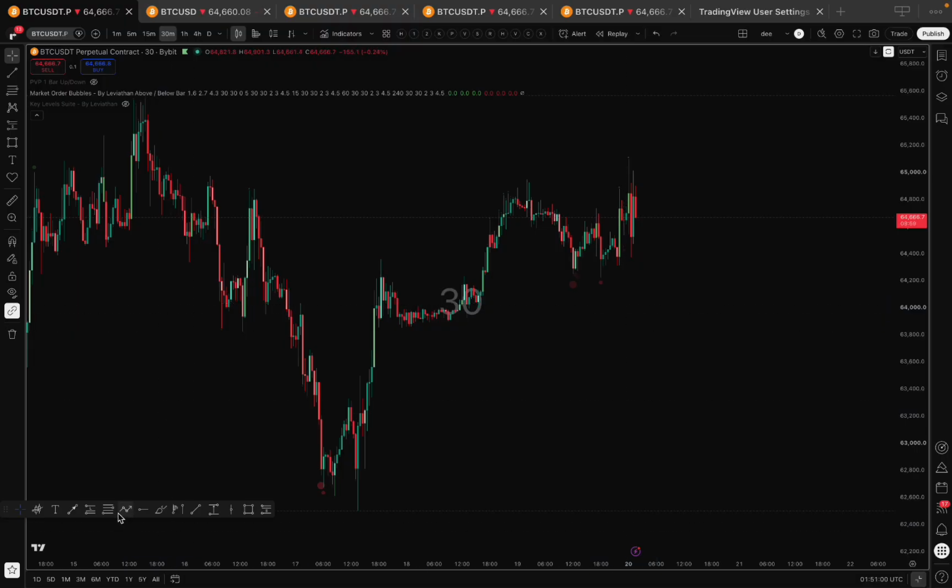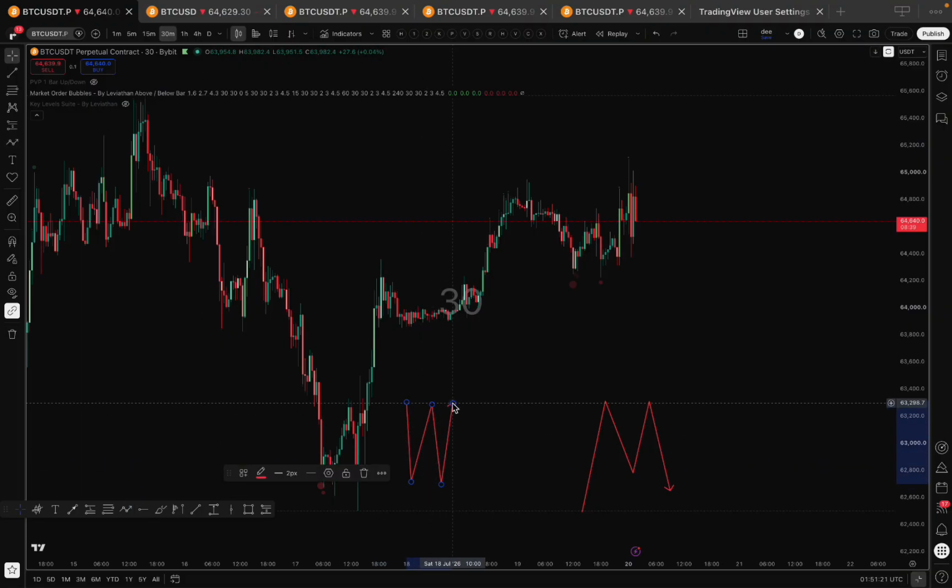So now this is a high. When we have another high rejecting from here, this is now a resistance level. This is a high still, but it is also a resistance in the market. Now this is a low. Then when we have another low, it becomes a support. Now this is a support and this is a resistance, but they are still highs and lows.